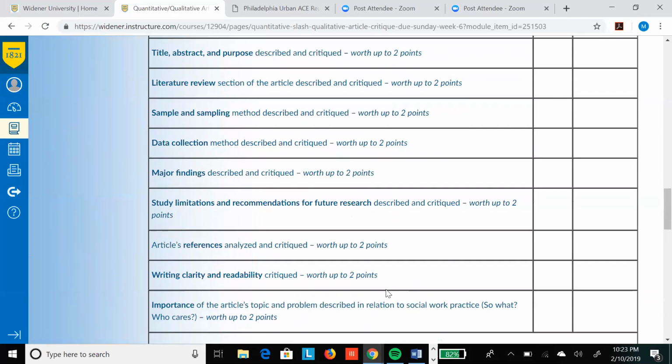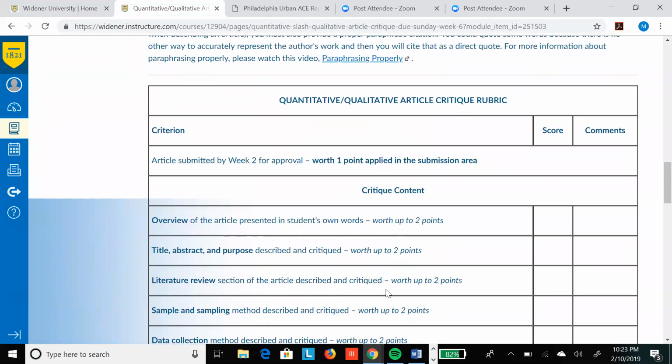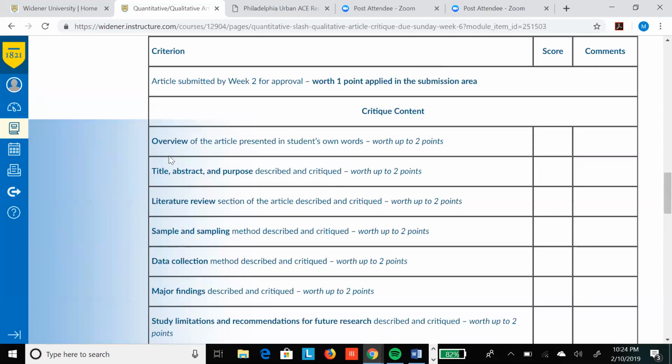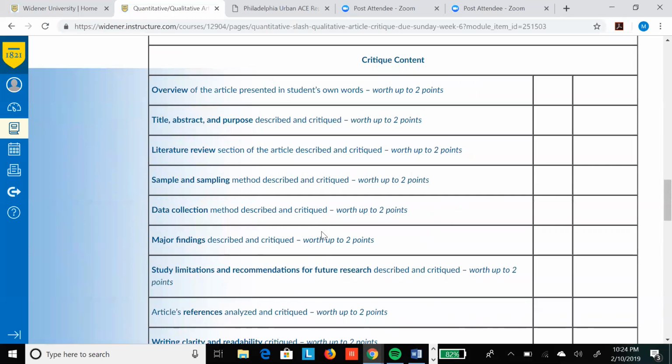If anyone has any questions, please feel free to reach out, preferably sooner rather than later. I'm posting this a little bit in advance so that you have time to get started on it. I wouldn't leave it till the last minute if I was doing it. But you can really use this critique content to organize your paper. That would be the one suggestion I would make. This pretty much gives you an outline here to follow of what you should be including in your paper, and will help you with your headings and subheadings.